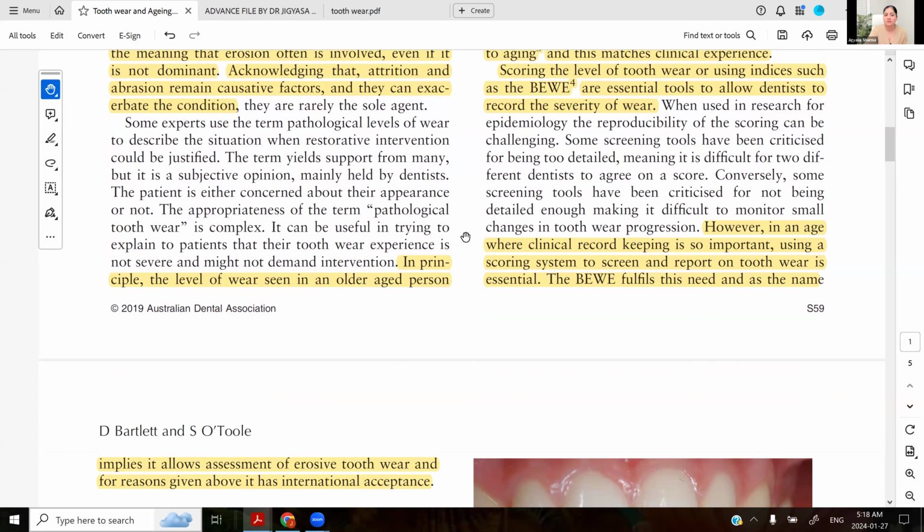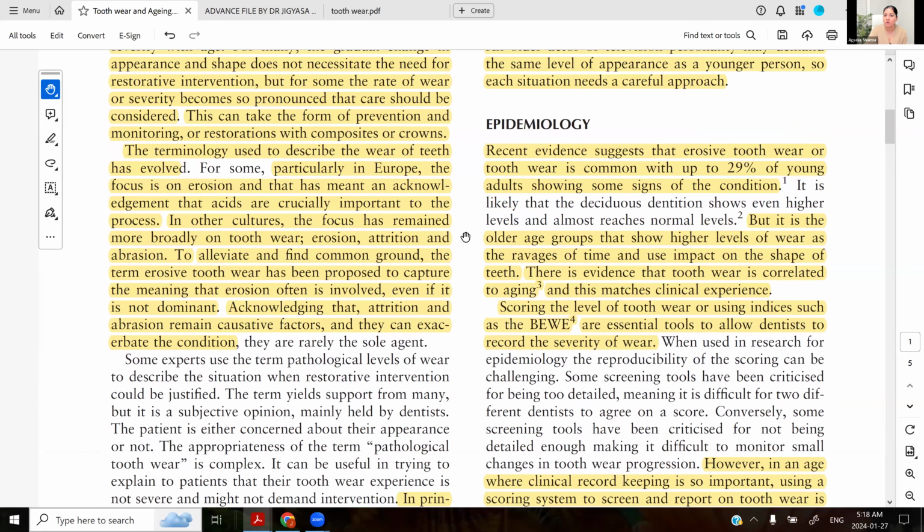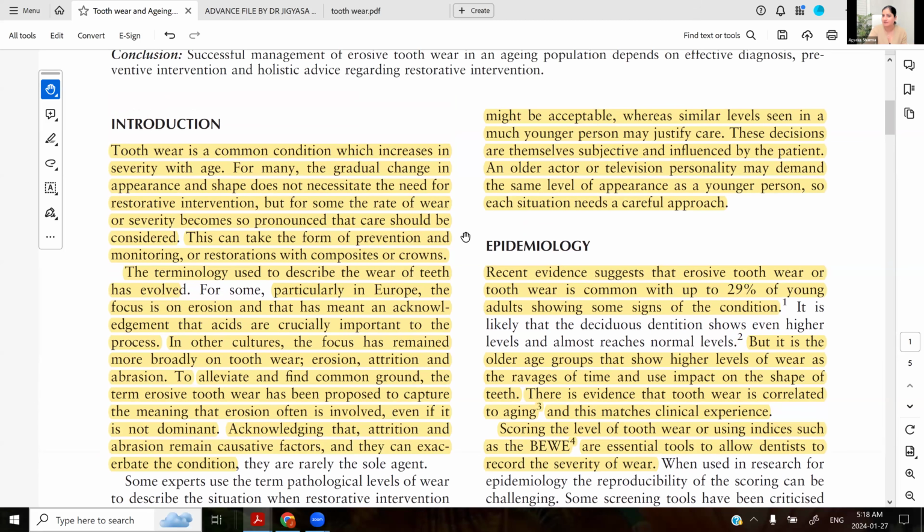So in principle, the level of wear seen in an older patient might be acceptable, whereas similar levels seen in a much younger person may justify care. Sometimes with some kind of wear in an older patient, you may feel that it's justified, it's old age, and they may not even worry about giving crowns. But in a younger patient, if you see a similar kind of wear, you might want to think of restorative treatments